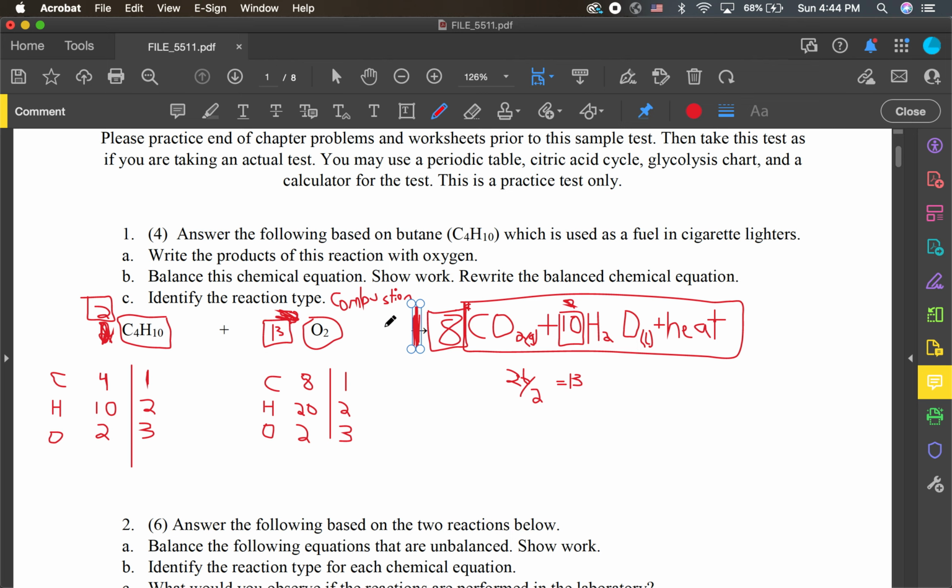Okay, so now we double check our work. If these numbers have a common factor between them, then that means we can simplify this down. But 2, 8, and 10 do. You can divide all those by 2, but 13 you can't. 13 is prime. Nothing divided or times itself is 13. So your final answer here is